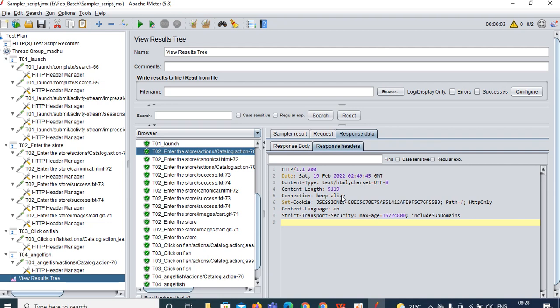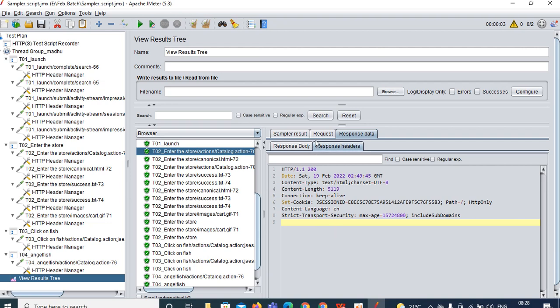JMeter automatically identifies them; it has that much intelligence to capture the request headers, your request, and your response. All that is taken care of by your JMeter only.